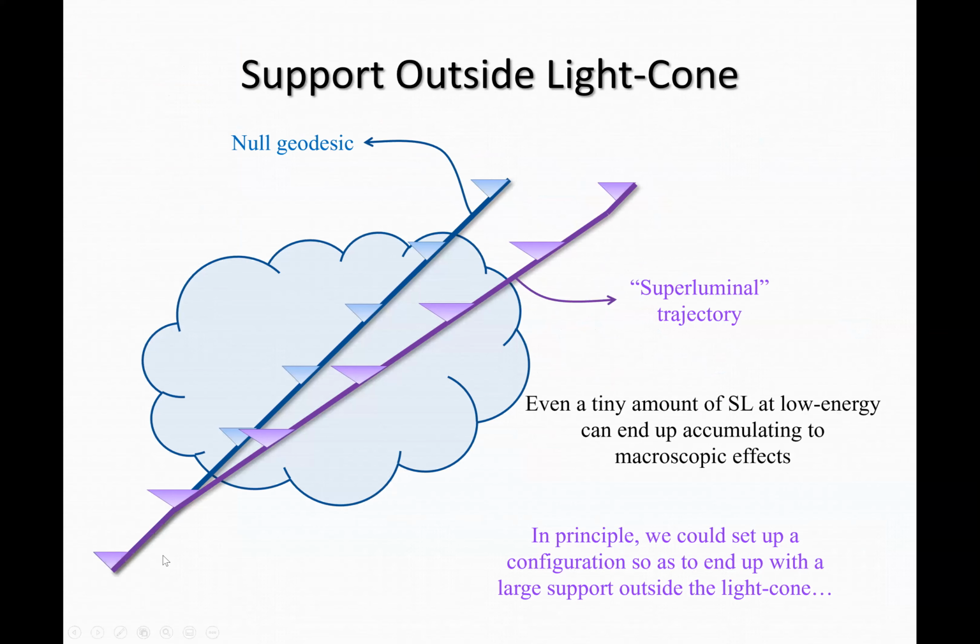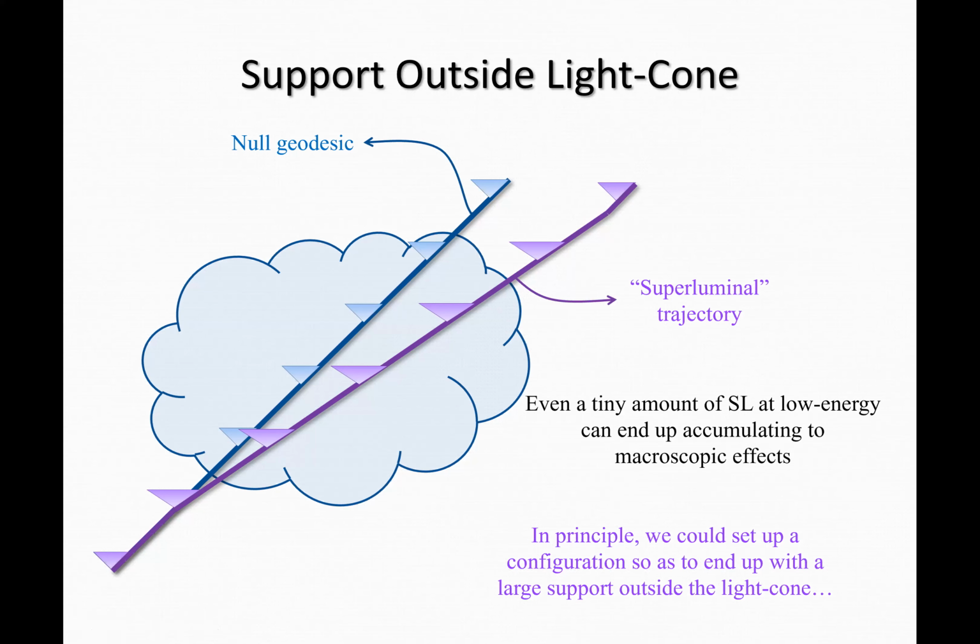And so I think this is what you have in mind as a picture, right? You have a low energy photon and you are in a curved background. As soon as they're in a curved background, they're allowed to propagate faster than the high energy photons. This is really the key. It's really the superluminal with respect to their high energy counterpart. And so as soon as you have that, then you have propagation outside of the light cone of the high energy photons. And then it just takes a little bit of imagination to build your time machine or something like that. So the key thing is that you have this propagation outside the light cone, or you think so,